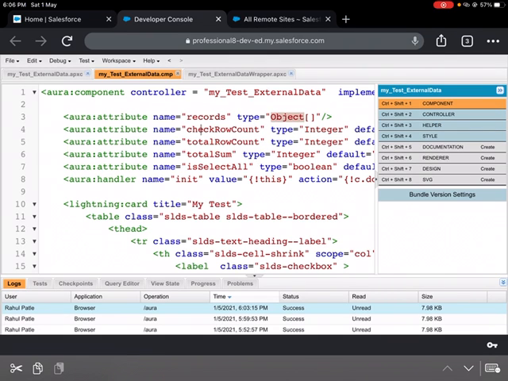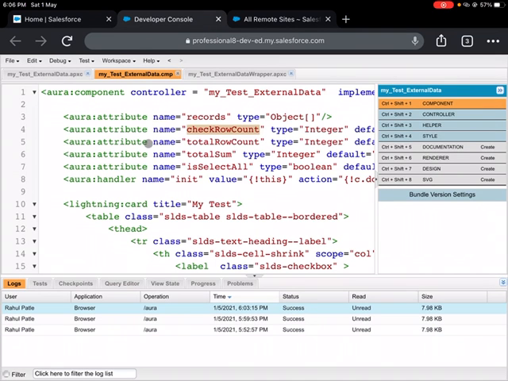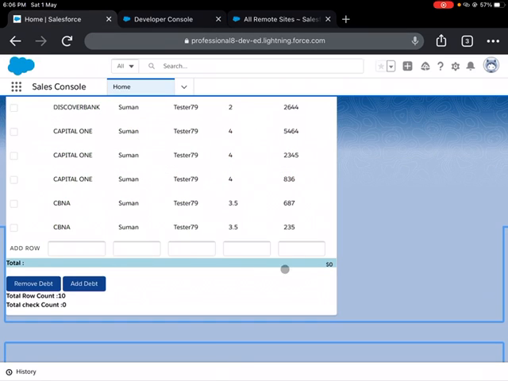I have created one more attribute, check row count, which gives me the output of check row count, and total row count is also there. I also created one more attribute for total sum.